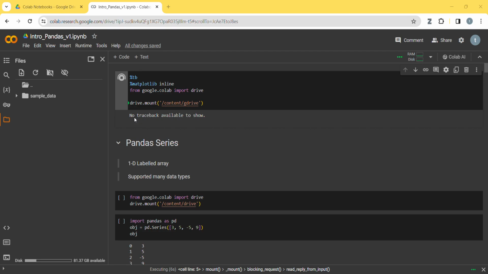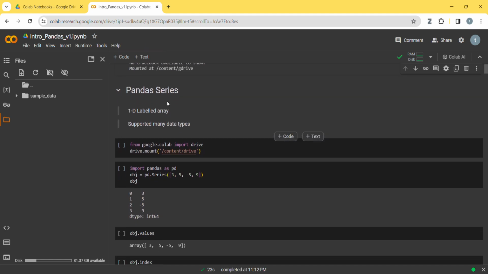It asks you to map to the Google Drive. Basically the drive mount is the content at the G drive, which is your Google Drive. So for the pandas Series, what we want is a 1D array, and it's supported by many data types. So with that,